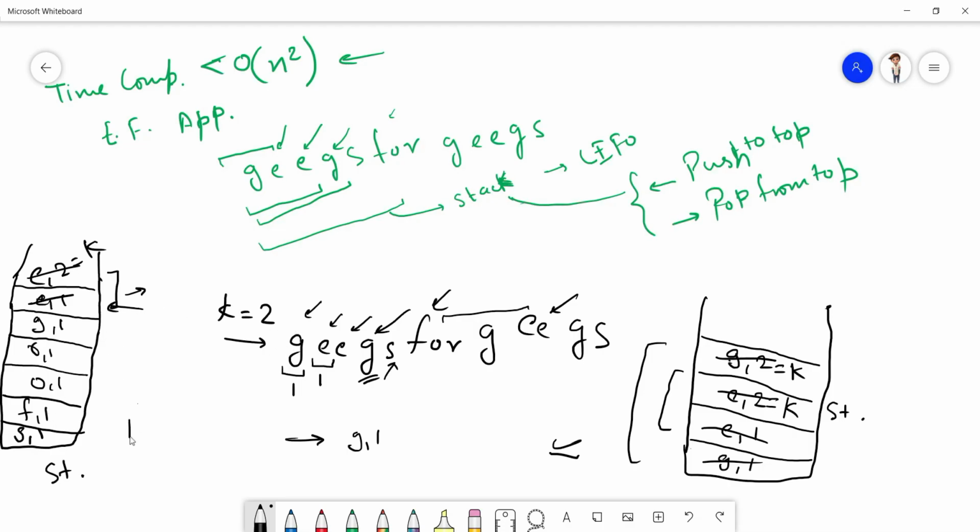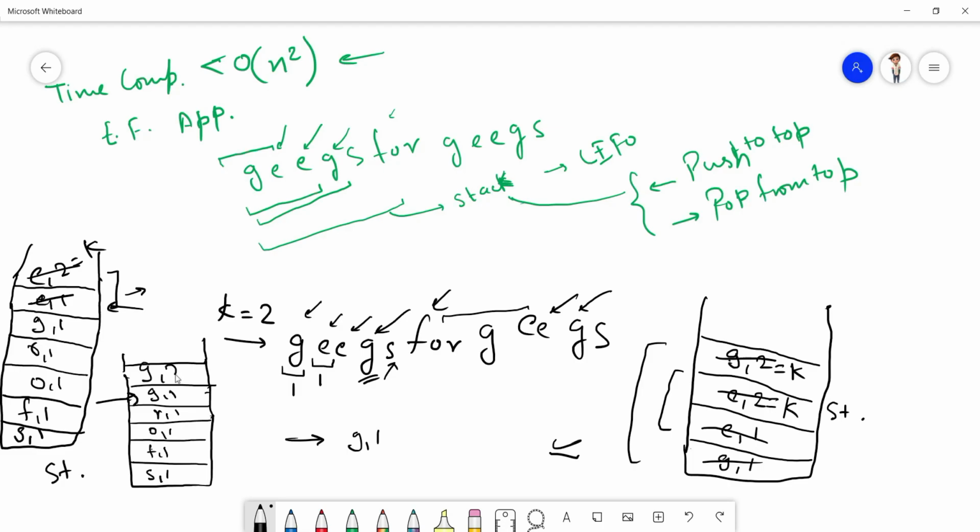Now the stack becomes s comma 1, f comma 1, o comma 1, r comma 1, g comma 1, and now we come over to G and we see that the top of the stack was also G, right?